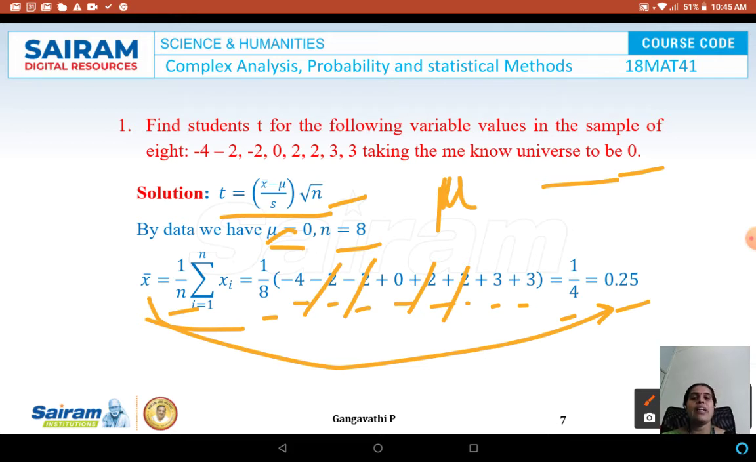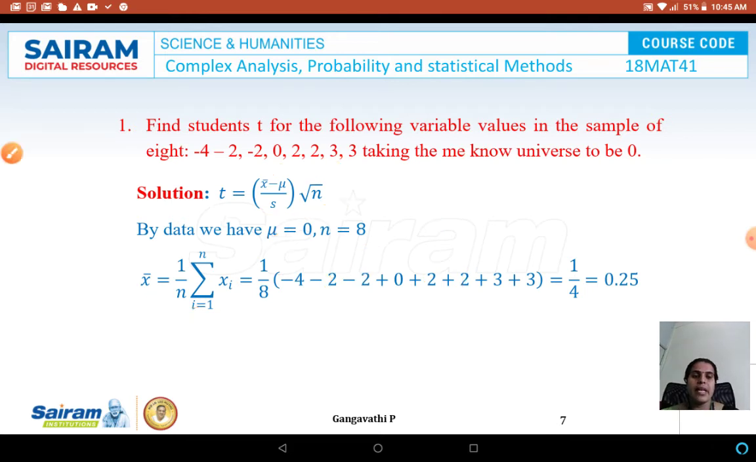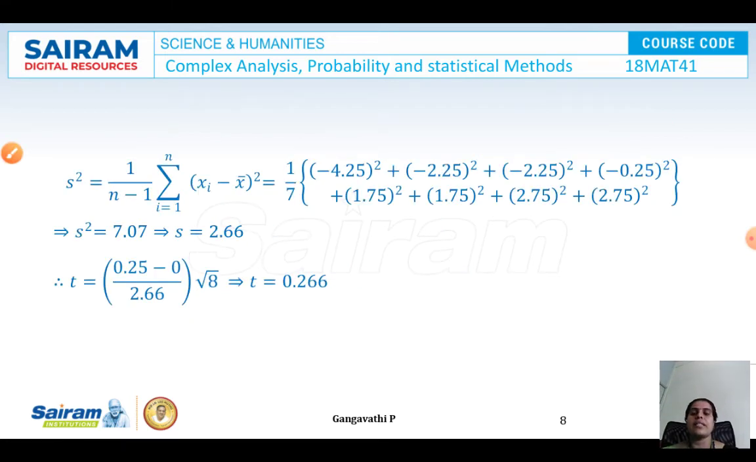We have found the value of x bar. Mu is given, s is to be evaluated, and n value we know. So now let us find s and then we can substitute and get the answer. So s is nothing but the standard deviation, which we cannot obtain directly. So first we have to evaluate the variance. On taking the square root we can get the